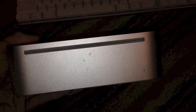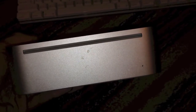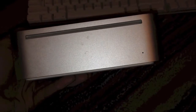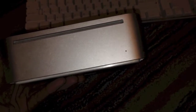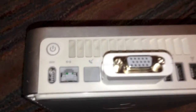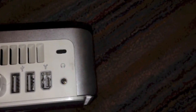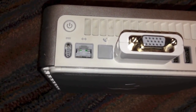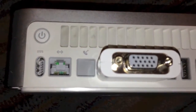Alright, so on the front here, we have a slot loading optical drive. I'm pretty sure it is just a combo drive. I'm not 100% sure on that though, but I will check once we boot into OS X. And right on the bottom there we have a power LED. Now on both sides of the machine we don't really have anything at all. And for the ports, starting off at the top here, we have the power button, the exhaust vent, a Kensington lock slot, the DC power input, of course proprietary,